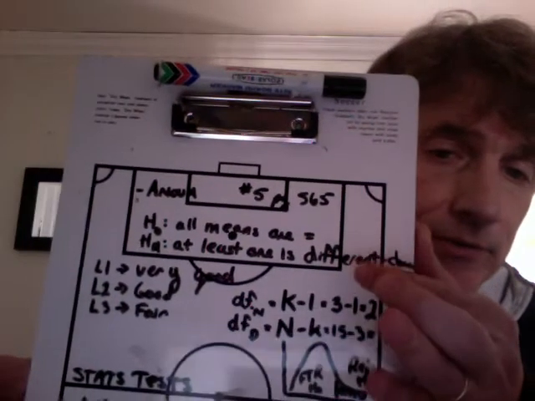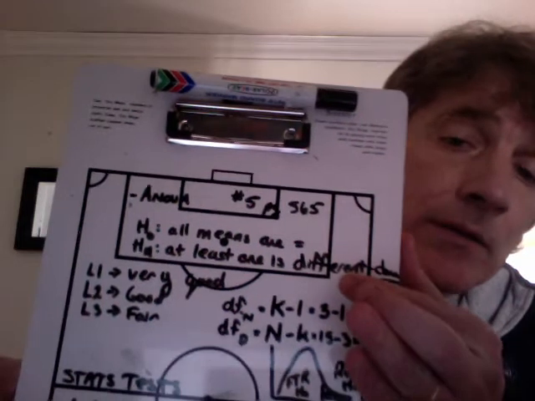Time to do our hypothesis test for Chapter 10, Section 4. It's testing ANOVA, or analysis of variance. The problem that we're going to use as an example is number 5 on page 565. Again, null and alternatives are prescribed. Your null, and you can modify it a little bit, is basically all means are equal, and the alternative is at least one is different. When you read problem 5, you'll see that the alternative is the claim,